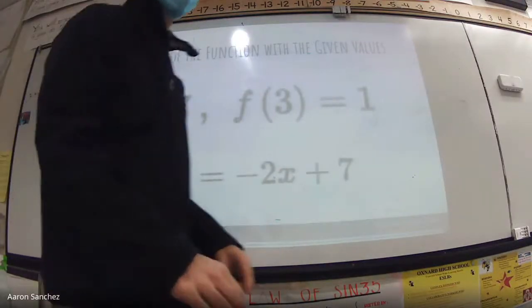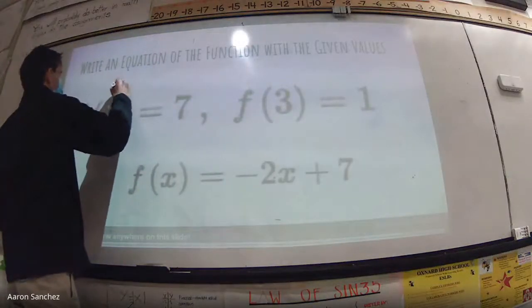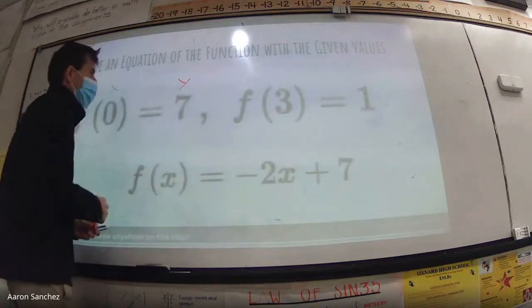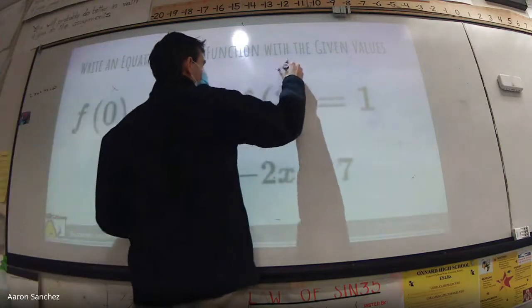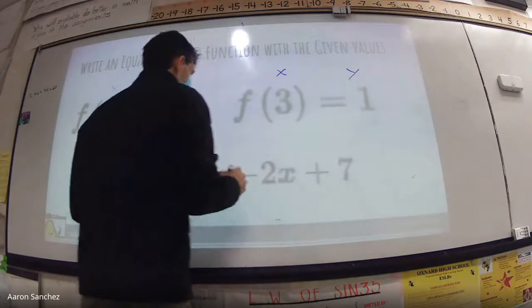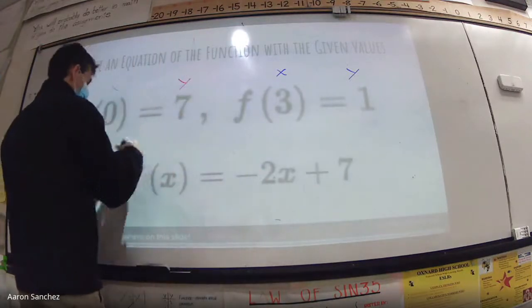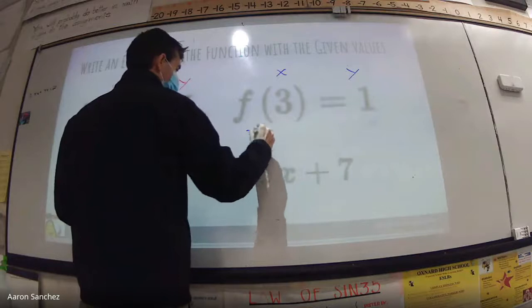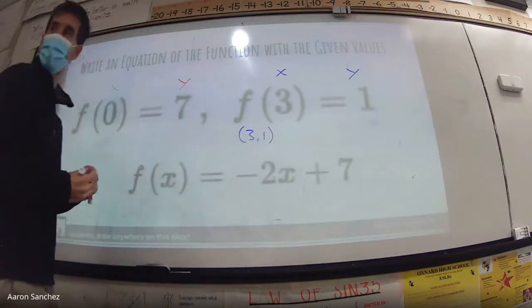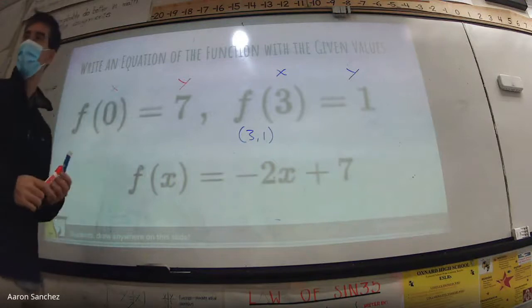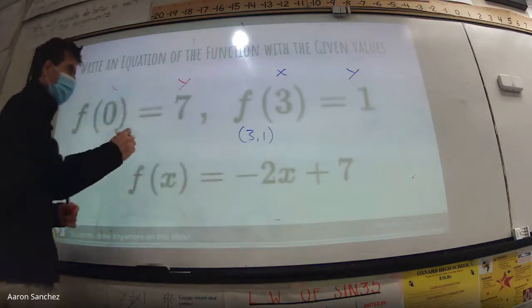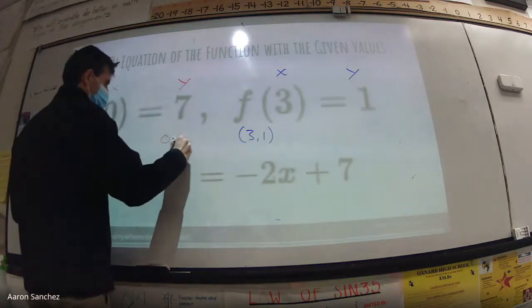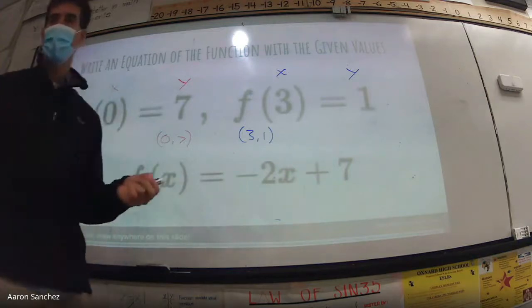So, this is my x, this is my y. All right? Then we say this is my x, and this is my y. So I can write this as, my 2 points are 3, 1, and what's my other point? 3, 1, what's my other point? 0, 7, right? My other point is 0, 7. Okay, so now, the first thing we want to do,